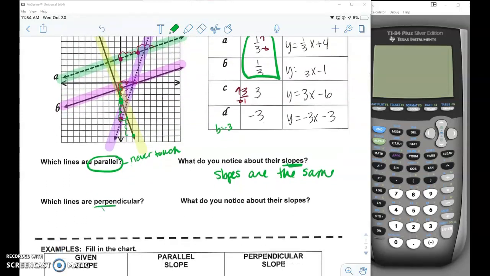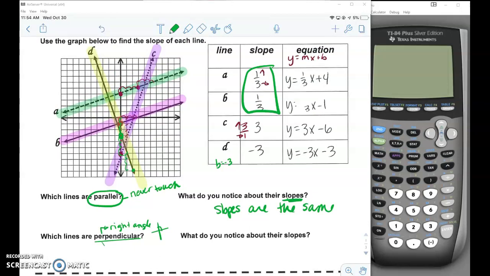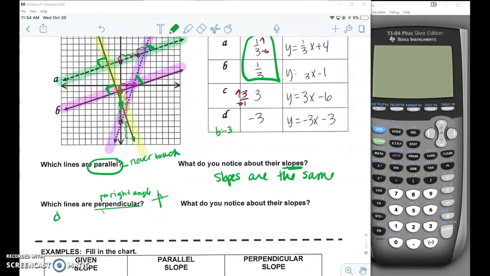Which lines are perpendicular? Perpendicular means that they cross at a right angle. So they make a perfect T when they cross. I can see that C crosses line A and line B, but it does not make a right angle. However, D makes a perfect cross at lines A and B. So D is perpendicular to A, and D is perpendicular